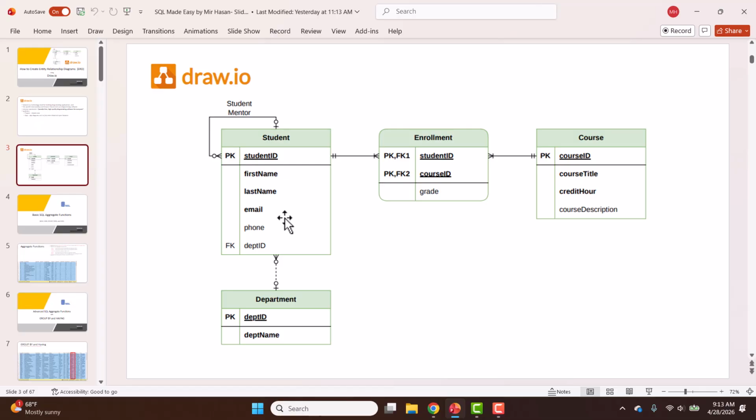Here's an ERD of a simple relational database where we are storing student course enrollment information along with the department they belong to. There are 4 different tables: the student table, the course table, the enrollment table, and the department table. The department table has 2 attributes, department ID and department name, where department ID is the primary key, and student table has student ID, first name, last name, email, phone, and department ID as the attributes, where student ID is the primary key, and department ID is a foreign key because this department ID attribute is coming from the